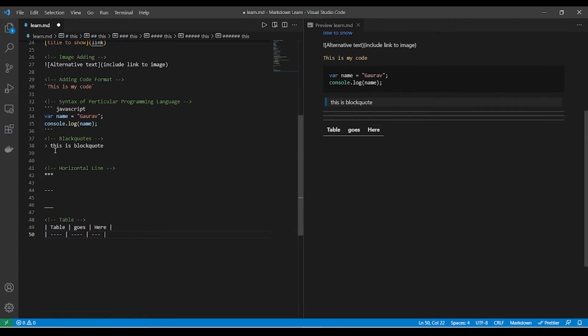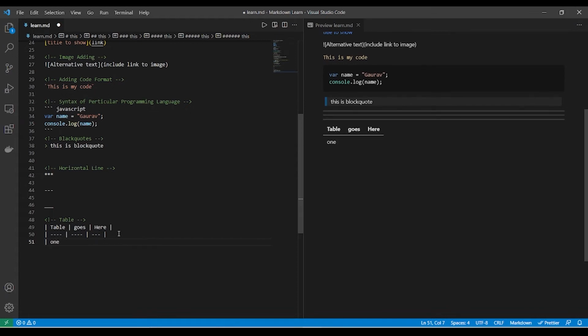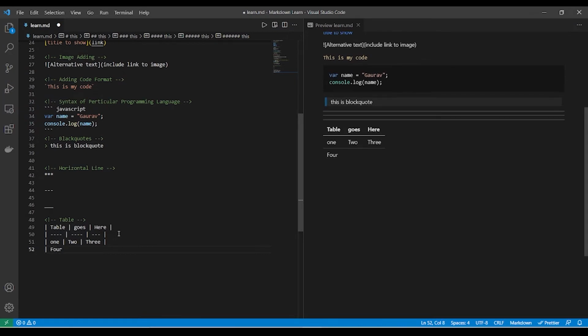So you can see that the table has the first dividing line right here. After that you don't need to add any line, because we just need to divide the table at the heading part. So now you can just write, for example, 1, 2, 3, then 4, 5 and 6.